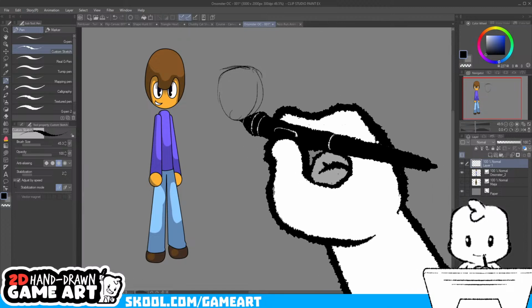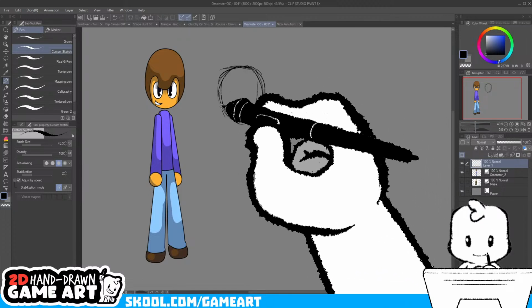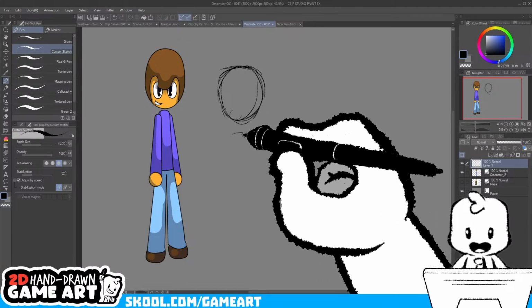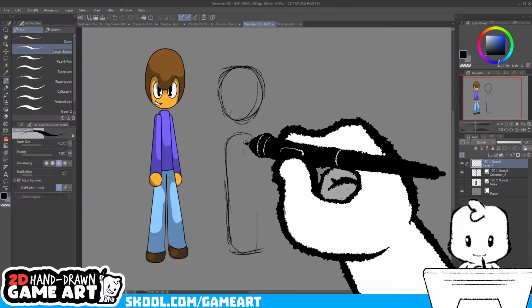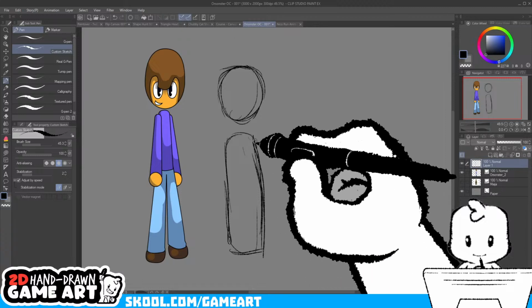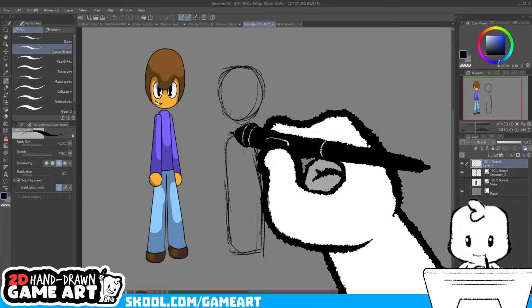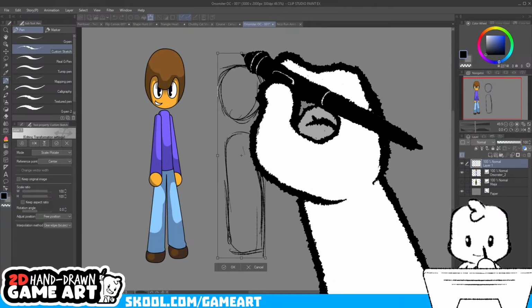So let us get a few proportions in here. I'm going to actually make this character a bit smaller.